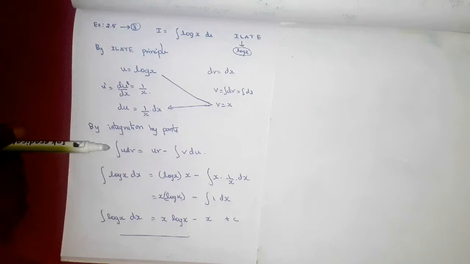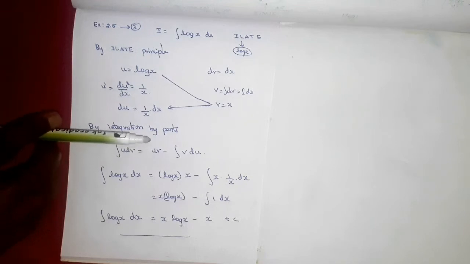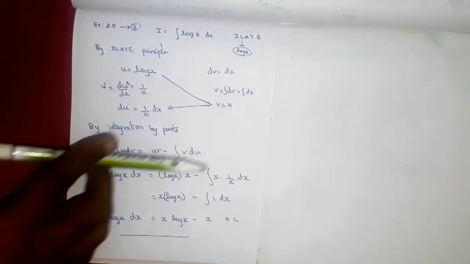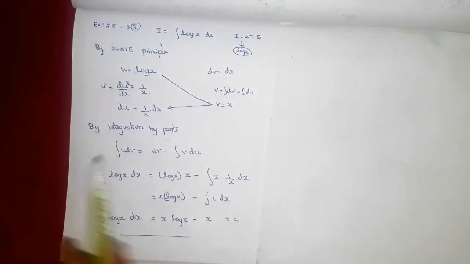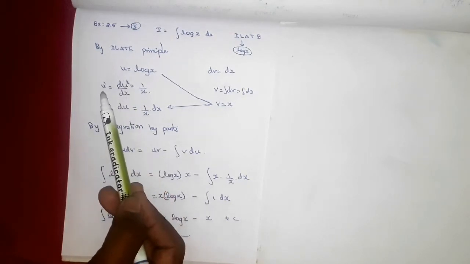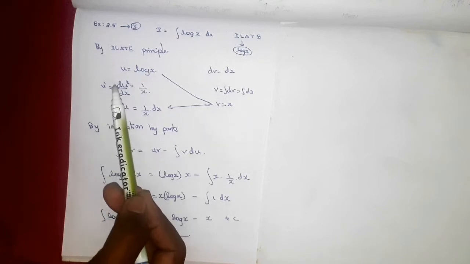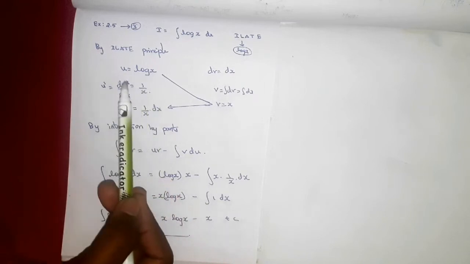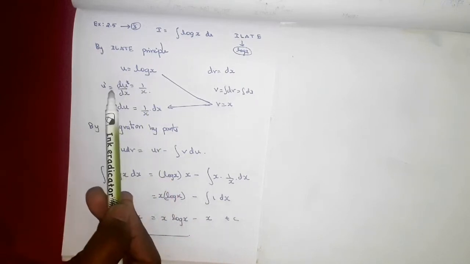What is the integration by parts standard formula? Here you can see integral u dv equal to uv minus integral v du. For this formula, this is the question, so it's not a problem. But on this side we need u and v, and in this one we need v and du. So we are going to find these required values from the given values. When you differentiate u, you get u dash, which is nothing but du by dx, because you are differentiating the u function with respect to x. So hereafter keep in mind, finding u dash is nothing but du by dx.